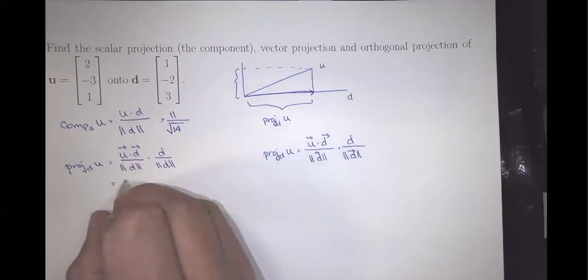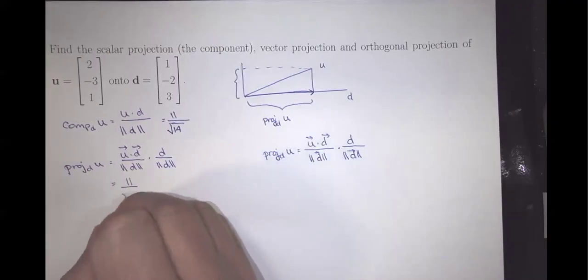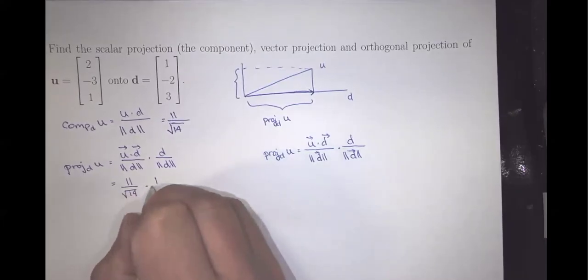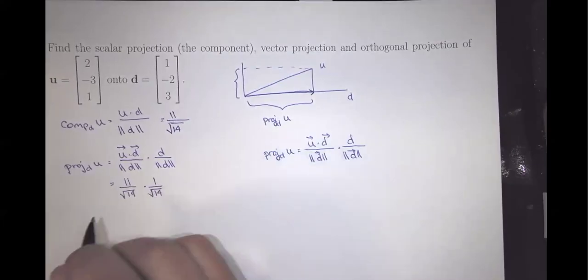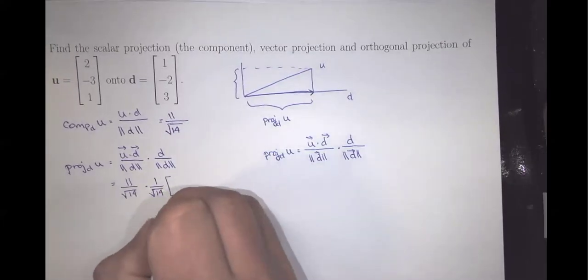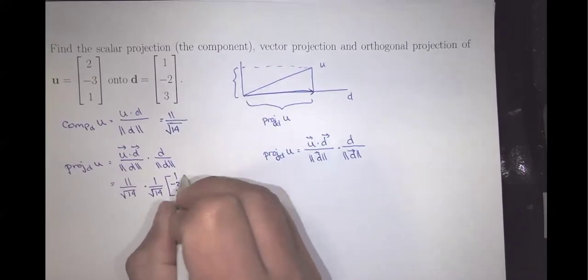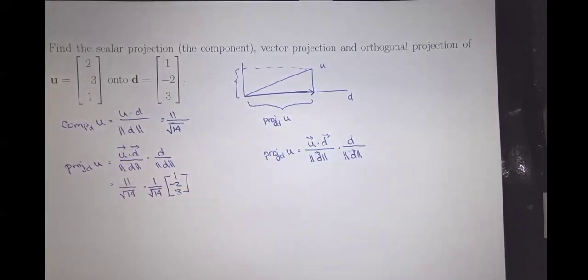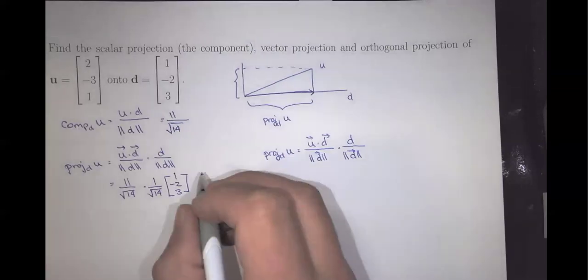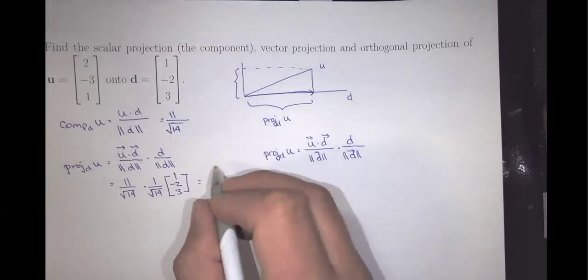This is also a root 14. So times 1 over root 14. And D in the question is 1, negative 2, and 3. So that makes the projection equal to